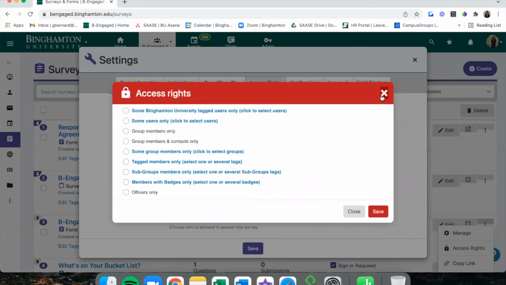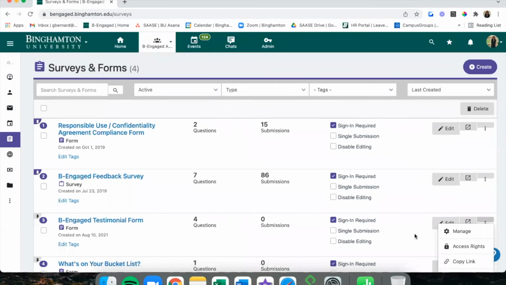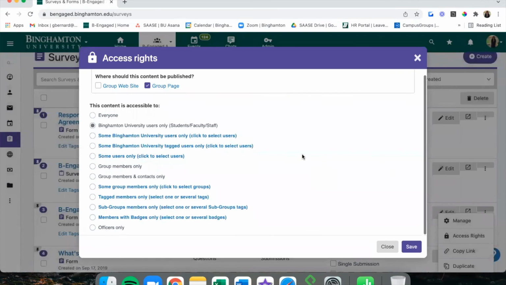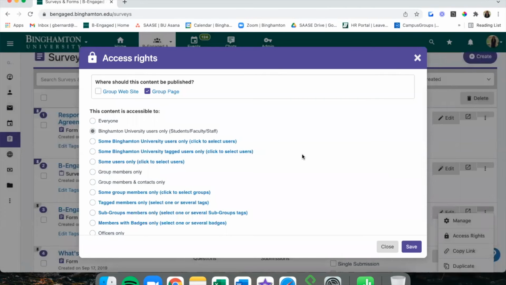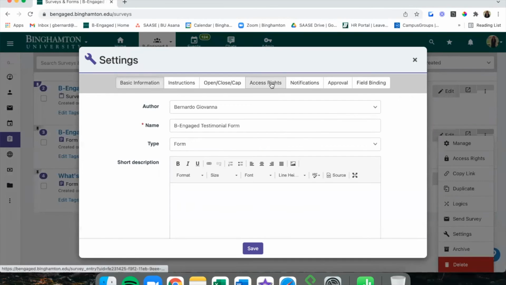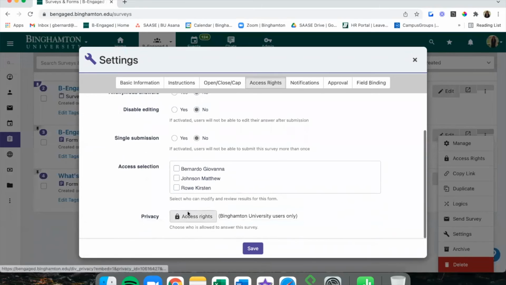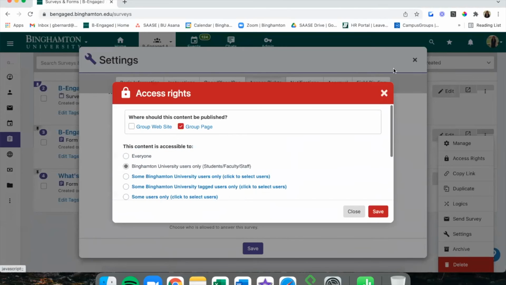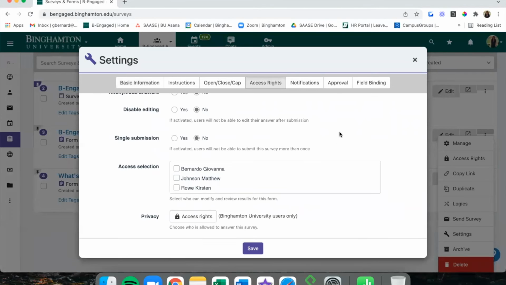same section that we saw when we clicked, let me X out of here, when we clicked access rights. It's actually the same exact section, the same options. It's just less clicks to get there. So it's a lot easier if you want to change the way your form is functioning and who it's accessible to, change it right here, as opposed to going into settings, clicking access rights, clicking privacy, and then changing it. So it's one click as opposed to like 3 clicks.